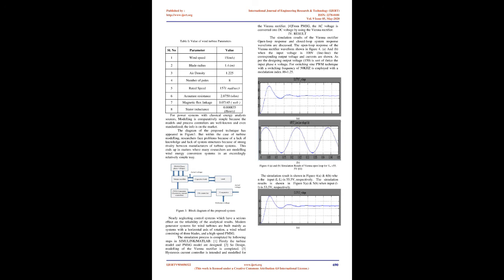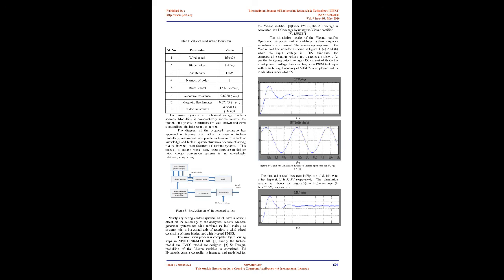Table I, value of wind turbine parameters. Serial number, parameter, value. 1, wind speed, 15 m/s. 2, blade radius, 1.4 m. 3, air density, 1.225. 4, number of poles, 8. 5, rated speed, 157 rad/sec. 6, armature resistance, 2.8750 ohm. 7, magnetic flux linkage, 0.07145 Wb. 8, stator inductance,